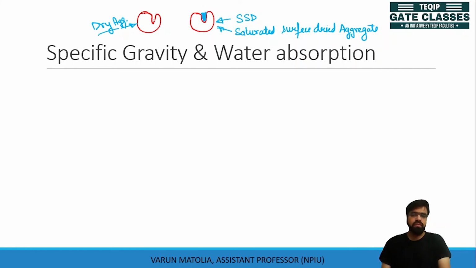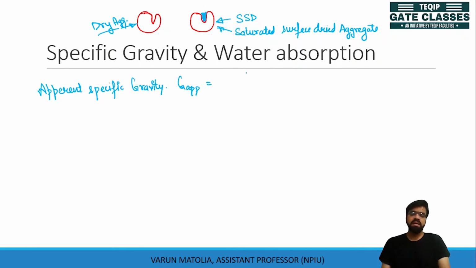So from these two aggregates, we can measure two types of specific gravity. One is your apparent specific gravity,